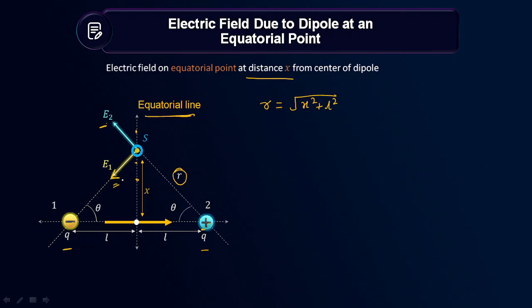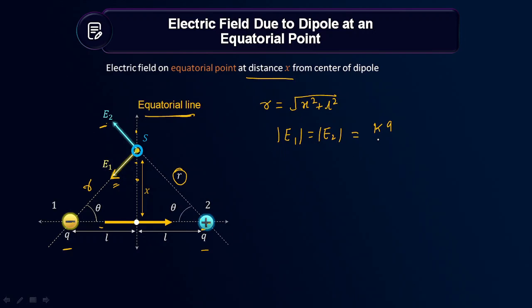Hope these points you remember. So now can I say that since the separation of the charged particles is R and R, because this angle is theta only? Equatorial line means the line which is bisecting the line joining the two charged particles, right? So now, can I say that E1 and E2 will be the same? So E1 equals E2 in magnitude.